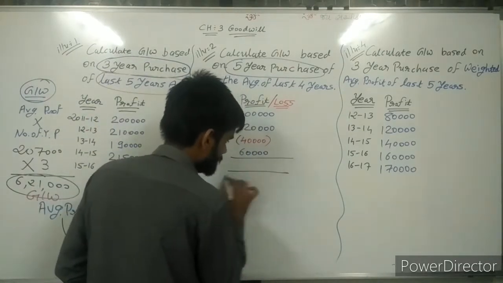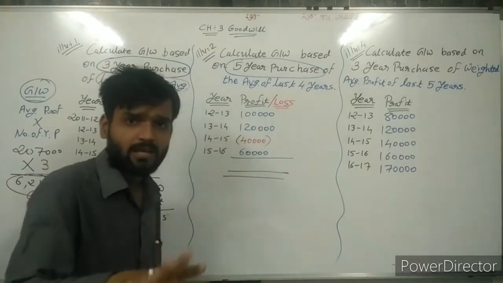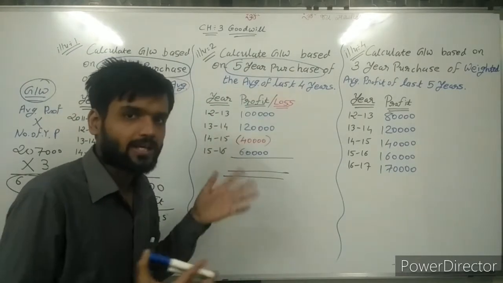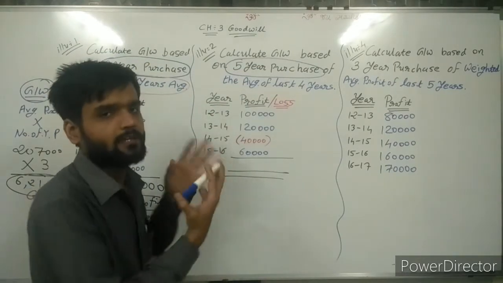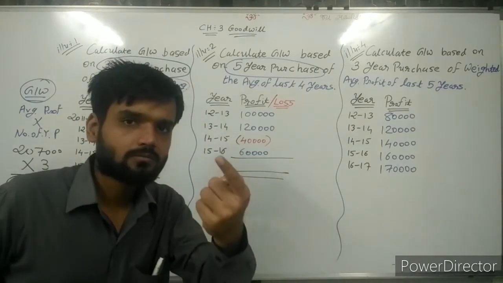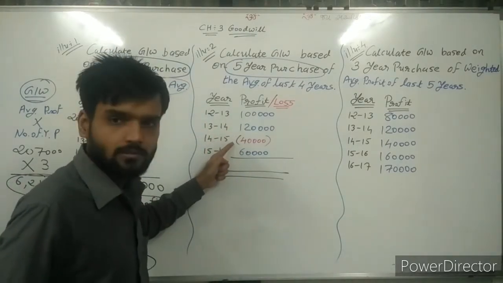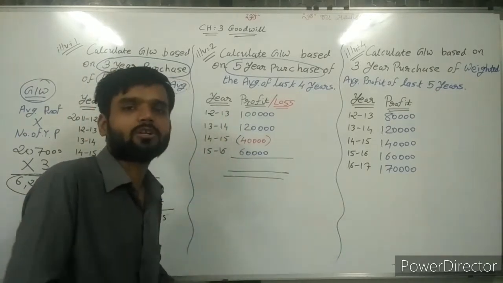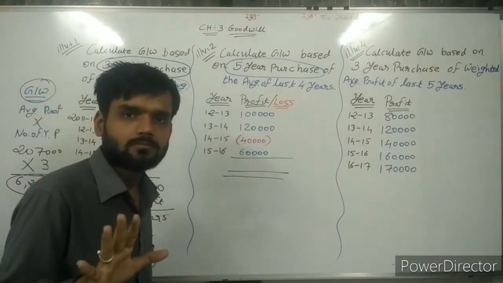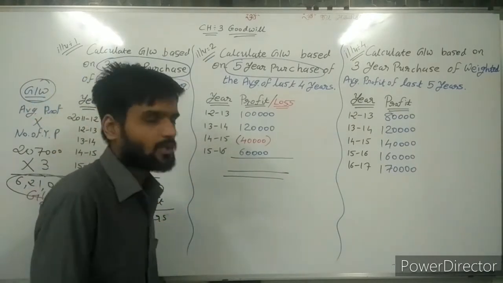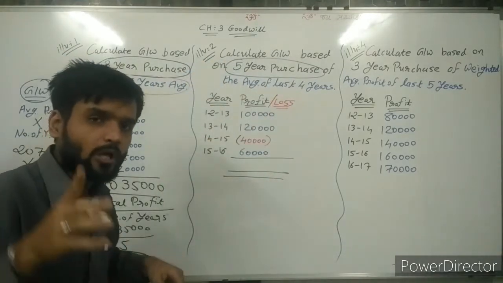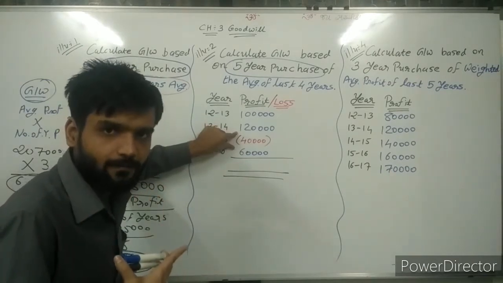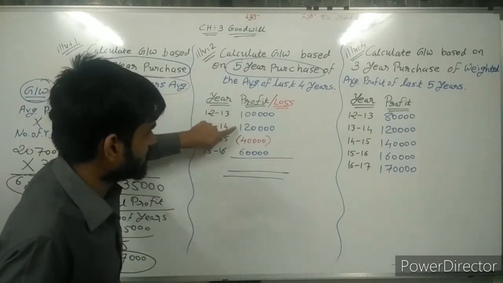Again, this is the simple average because the clarification is given: average of last 4 years. Weighted average is not given. If the clarification is not there, then apply your logic. Sir, first increase, decrease, then increase, so stability is not there. And whenever stability is not there, then simple average. So total of these. Try to understand: bracket given means loss is there, so it is deducted.